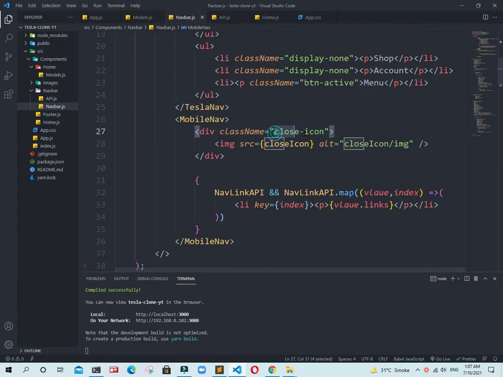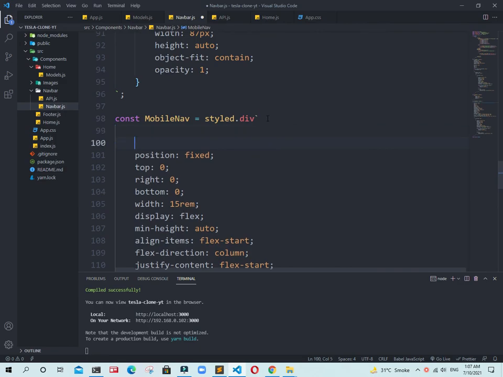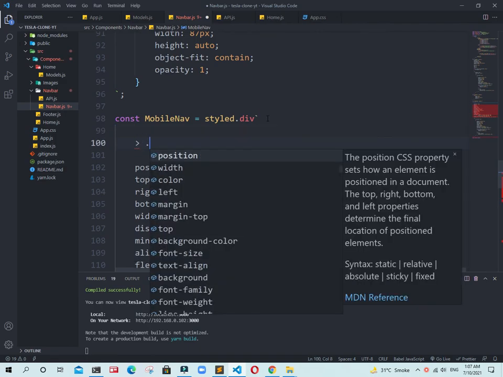Now copy this class close icon, enter there and add a greater than sign and close icon.